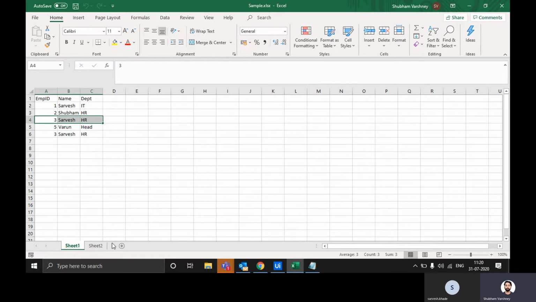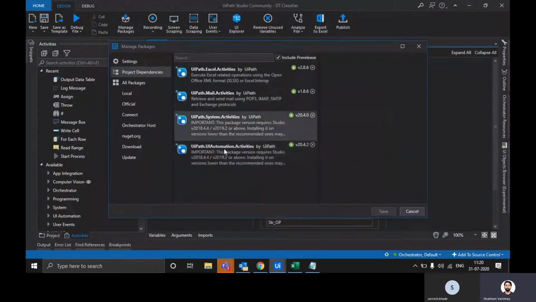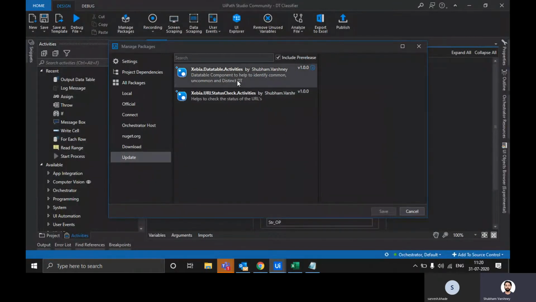And so moving on to the uncommon ones, we'll see that this one is the only one which is uncommon between these two data tables. Okay, and the common ones, so if we see, these are the common ones that we see over here that would be coming out as an output. Okay, so rather than wasting our time, let's go and add this package in our activity.